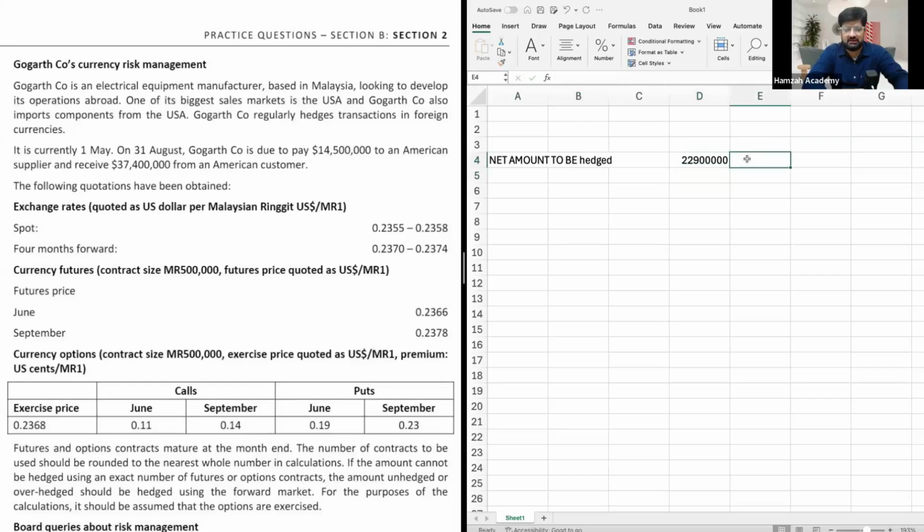So the net is a receipt, a dollar receipt. So the currency exposure we have calculated. What is the currency exposure? Okay, now